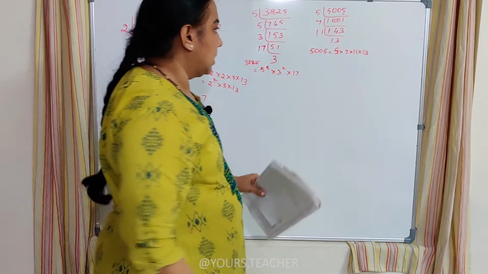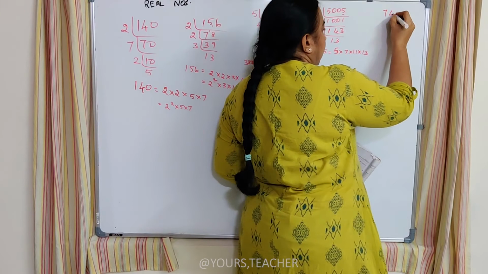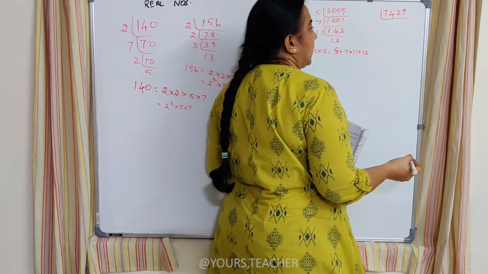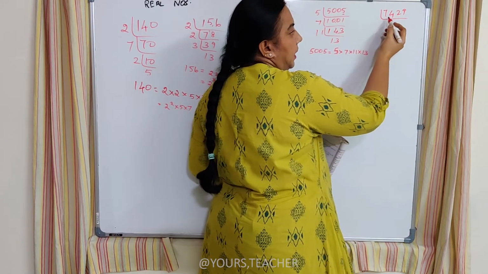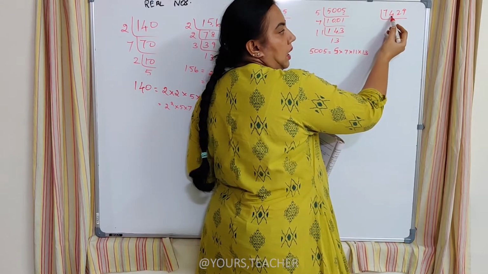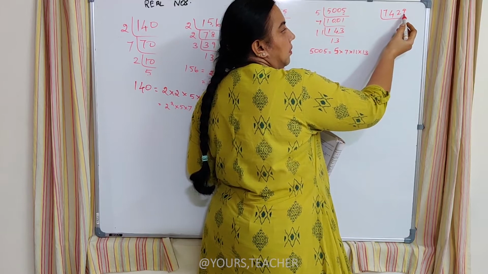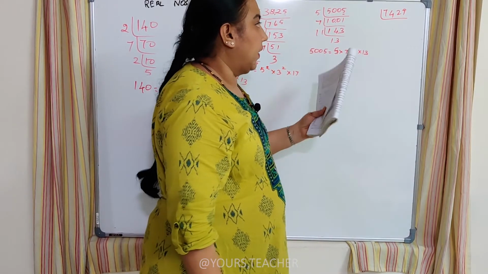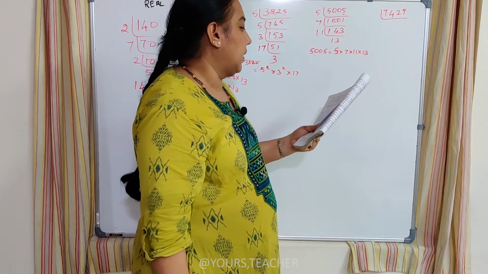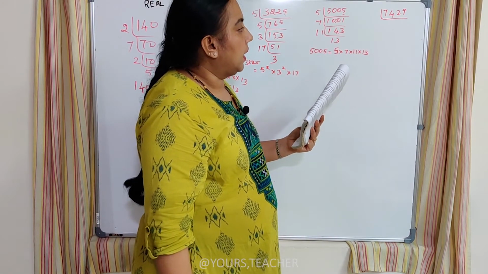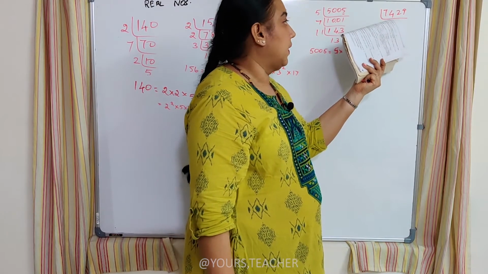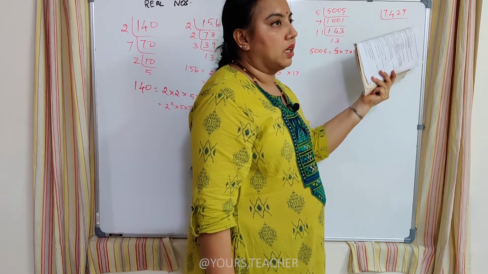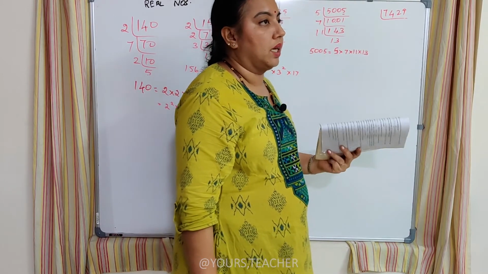And then the last number is 7429. And when I do a division, this number again looks very complicated. 7 plus 4, 11, 11 plus 2, 13, 13 plus 9, 22. So it doesn't come in the 3 table and it doesn't come with the 5 table and it ends with 9. So can I try the 9 table? If I try with the 7 table, 7 1 time, 42 it comes, but 9 it gives a remainder 2. So I can't use the 7 table also.